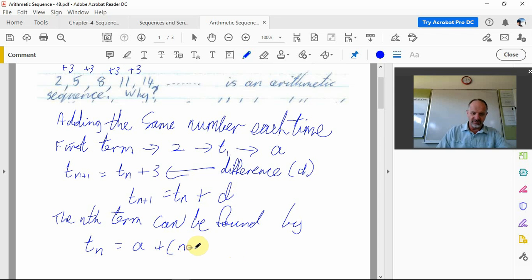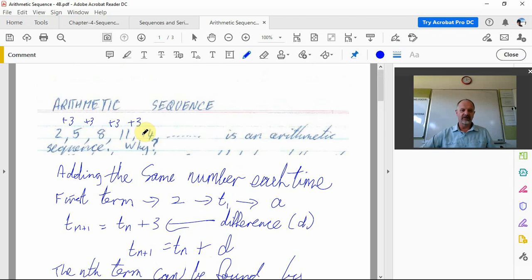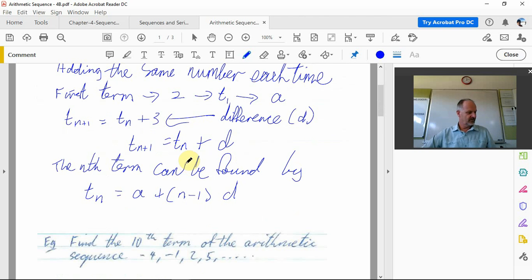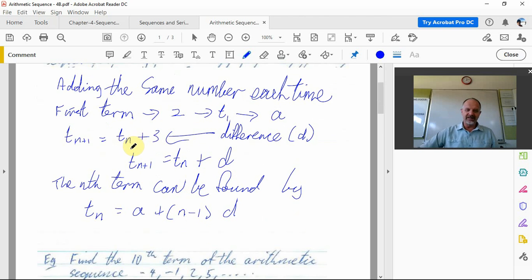The number of times the difference is n minus 1, where n is the term we're looking at. So here 14 is 2 plus 4 times 3, and 14 is the 5th term. Where n is your term number,